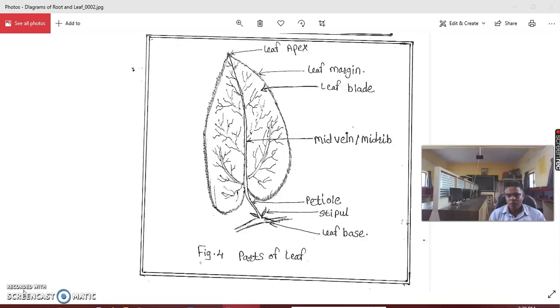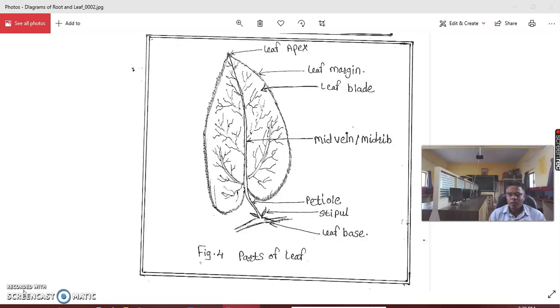Next one is the storage of food. Fleshy and succulent leaves of desert plants always store a quantity of water and food material. Fleshy scales of onion store up water and food material for the further growth of that plant. For example, onion bulbs are an example of scale leaves.